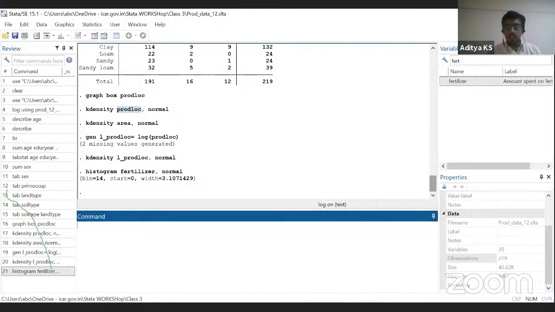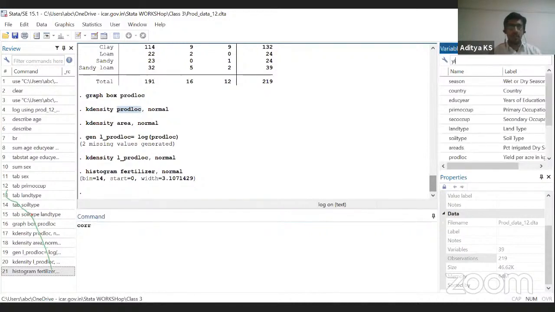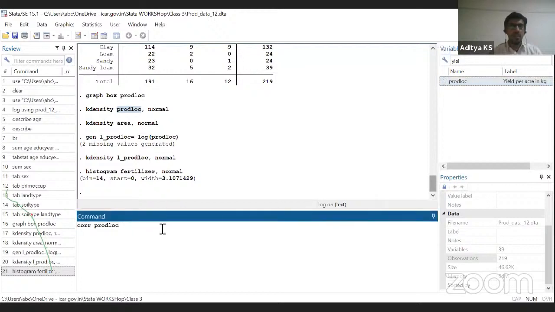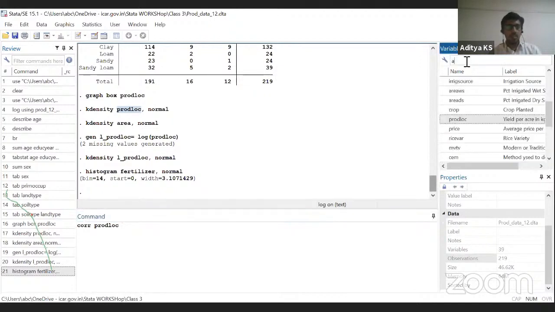Next, if you just go and see which questions that we have, I have already done kernel density. I have already done the summarize. So I think correlation between area and yield should not be such a difficult task for you, because you have already examined that particular command. So prodlock is one variable and another variable is area. So simply if you type CORR, you will get,